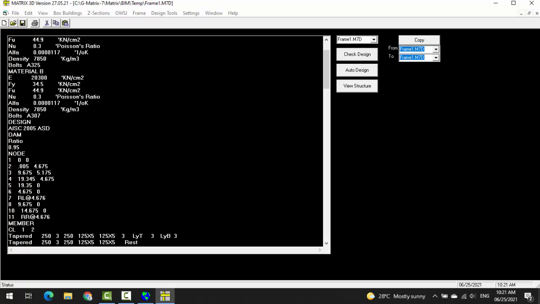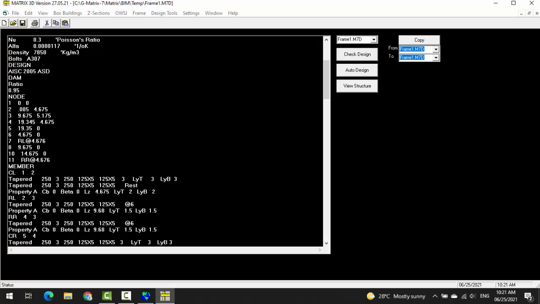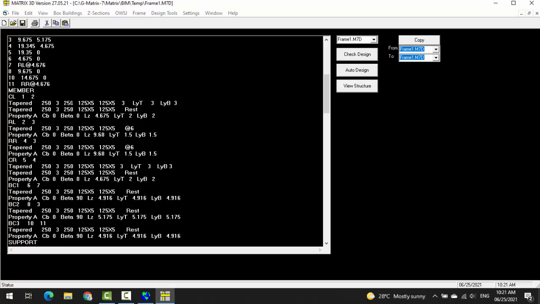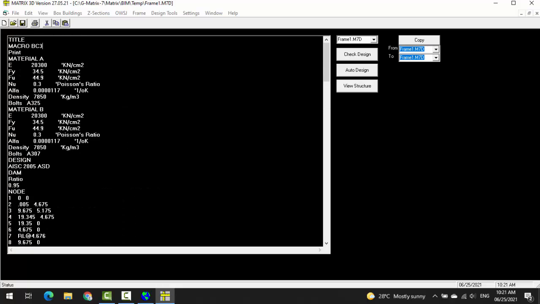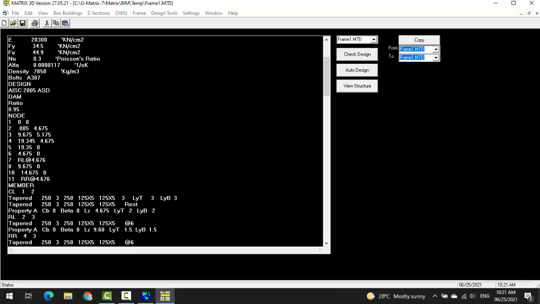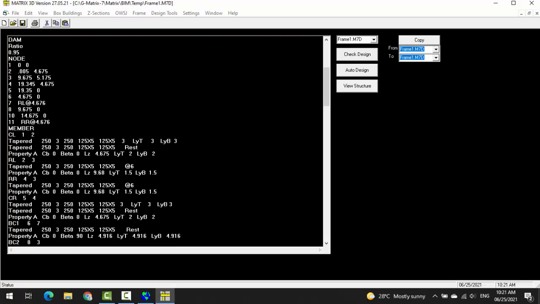So this text file script represents the structural model and the result that I have ended up with after the optimization. It starts with the title, print is to print the output, material A, the type of material A, type of material B, with the type of the bolts, design code, direct analysis method, P-delta analysis has been done. The ratio to respect is 0.95, then the coordinates X, Y, and Z if I have to. Member